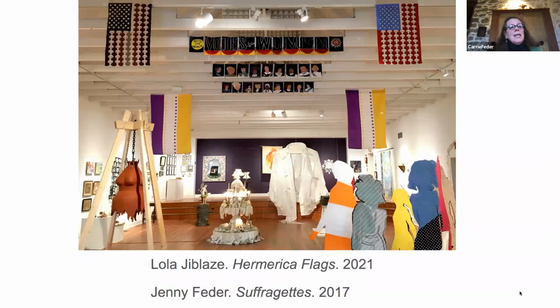And here again, we come back to the exhibition hall. And the name of the show actually came from Lola Jiblazee, who made these flags, Hermerica. She kindly allowed Portia and I to use the name. And these flags are feminist flags, no doubt, where the stripes are outlined pictures of female torsos or breasts instead